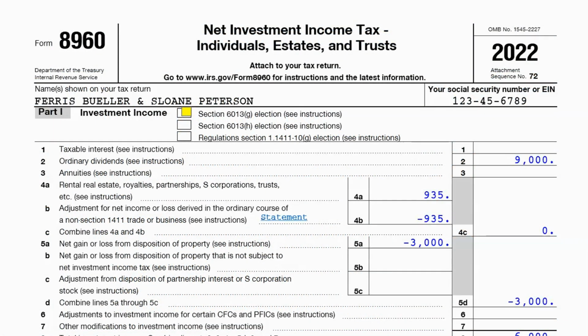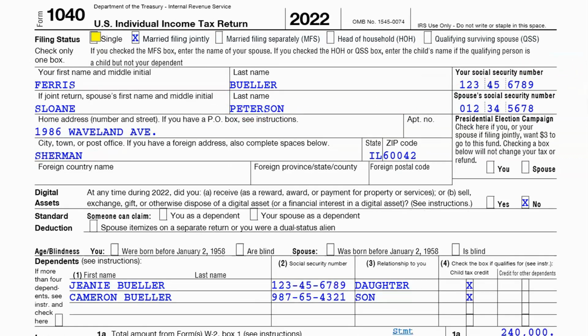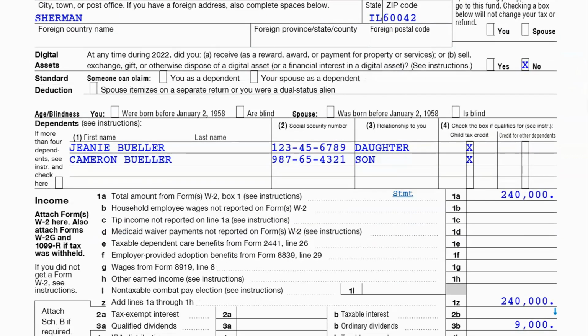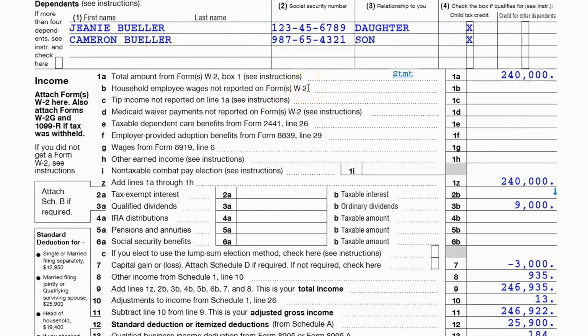All right, so here is a tax return, okay? And this is a married filing joint taxpayer, right? And I'm going to walk through this net investment income tax, okay? So as I stated earlier, the threshold of the AGI, adjusted gross income, for married filing joint is $250,000. So I'm going to use that in this example. So you can see here their wages, $240,000. They have dividend income of $9,000.